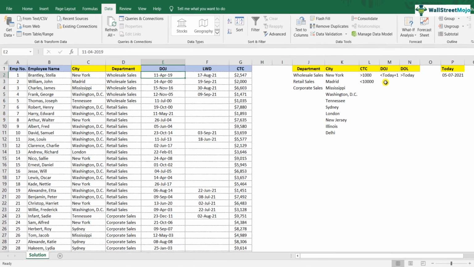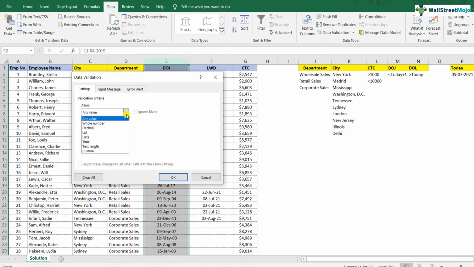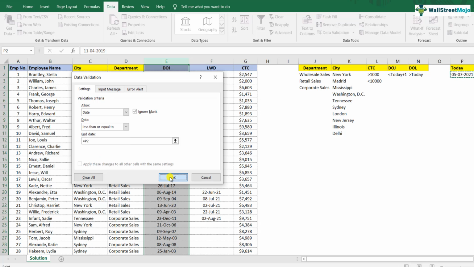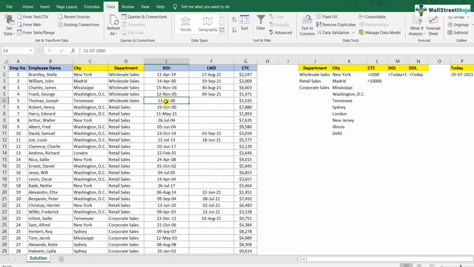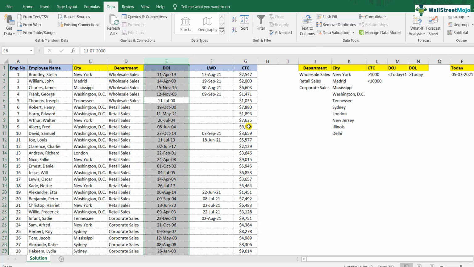Okay, select the data, you go into data validation again. Once you go there, you'll have date. Date is there, as you can see, between start date and end date. What I want is less than or equal to today, which is 5th July 2021. That's what I put. If I put 6th July 21 here, let me check the data validation quickly. Okay, less than or equal to date, it is P2, wrong selection, that's why the problem. Now let's see, the validation is proper, P2 less than or equal to, okay.